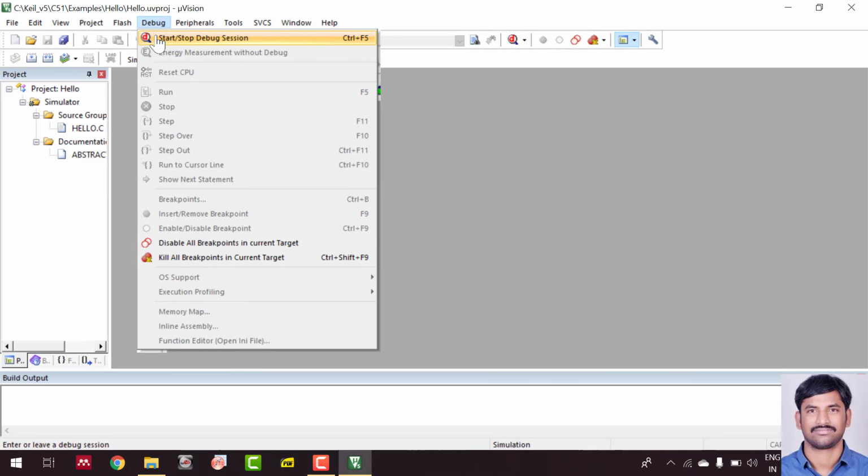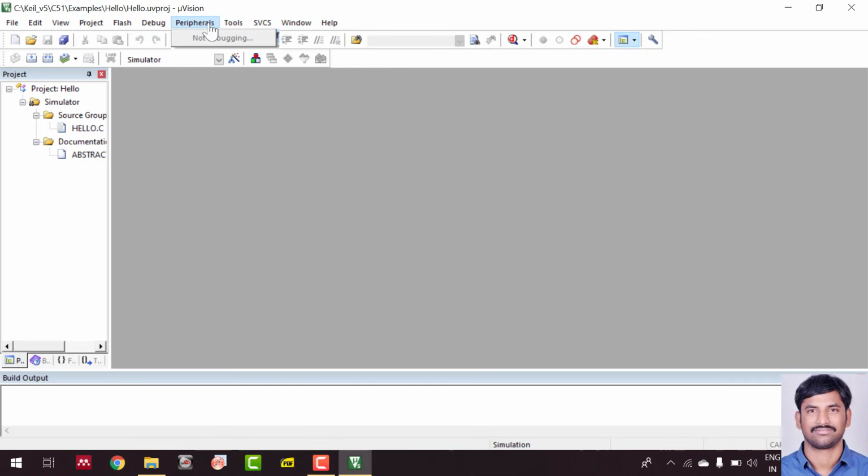When you enter the debug session, then you can run the program, stop the program, and step by step execute. All those things will come into the picture. Coming to the peripherals, there are none because there is no microcontroller attached to my laptop right now. So these are all the different menus available in the Keil Microvision software.